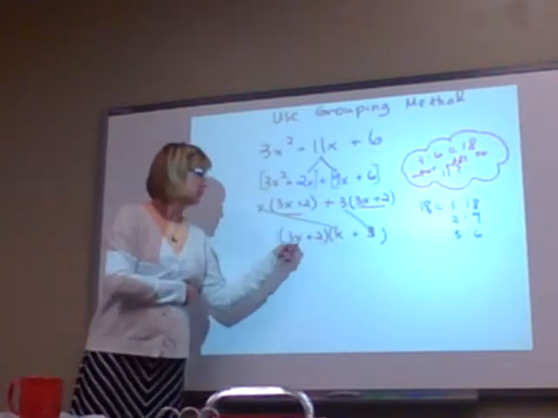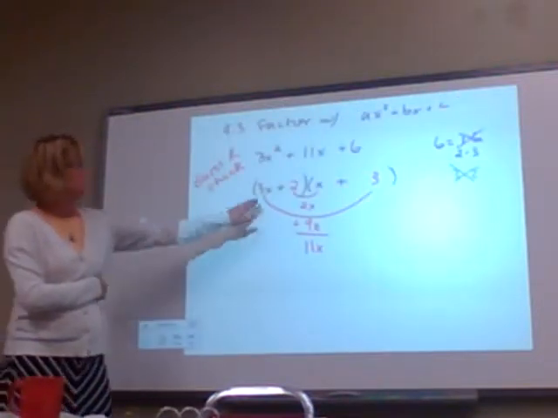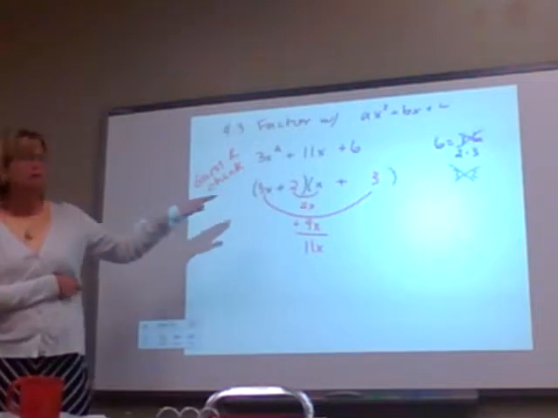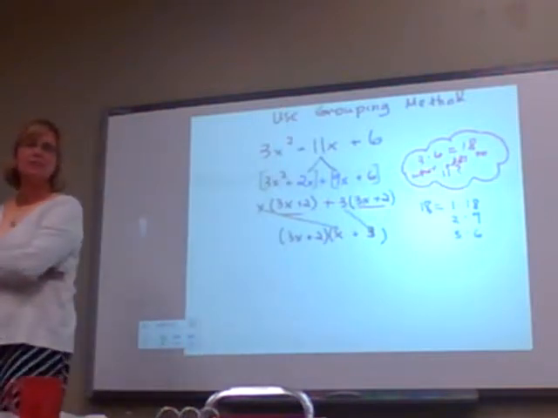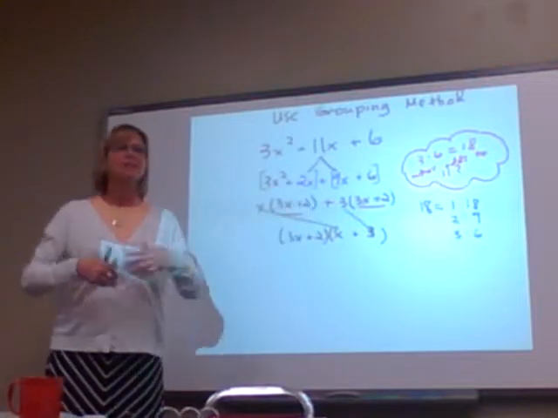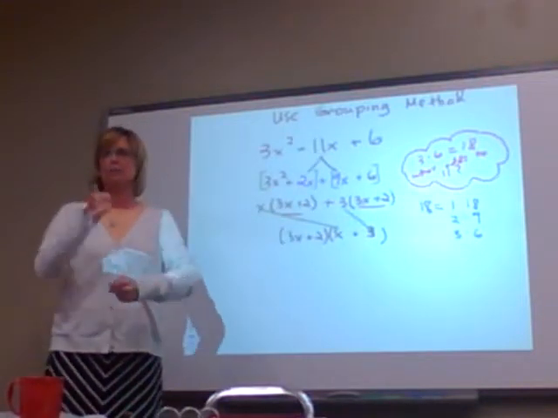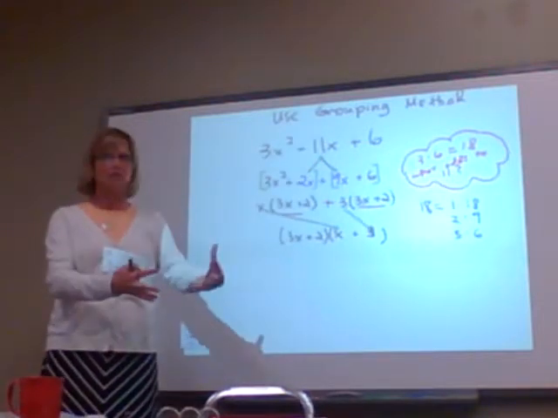I get the same thing, 3x plus 2 and x plus 3. Let's go back one. Same answer, right? I skipped a slide. But using the grouping method, I think, is my preference, because once I remember how to split this, then the rest is just chug to the answer, right? Chug, chug, chug. I have this extra step, but the whole way through I'm chugging to the answer, and